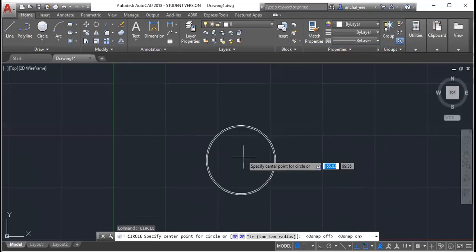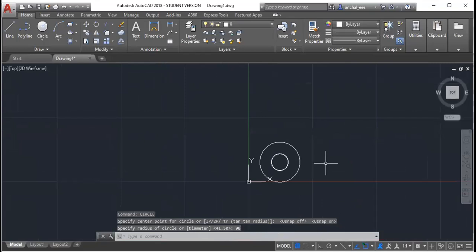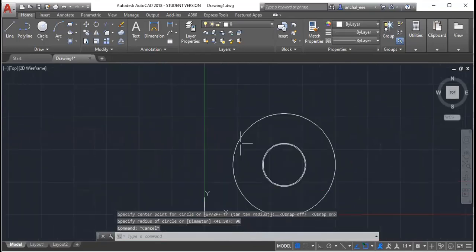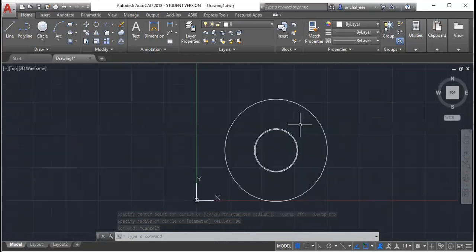Let us stop showing the center of the circle. So we will draw the outer of the circle with 98 mm. Why is it coming so big? It's 98 mm only, no?